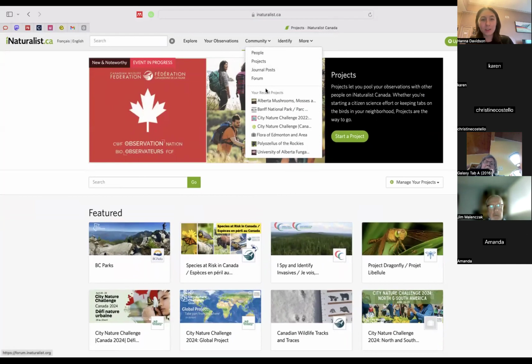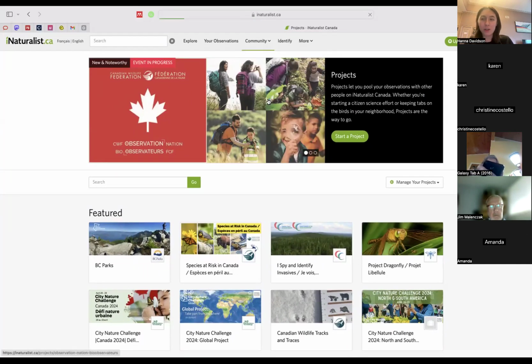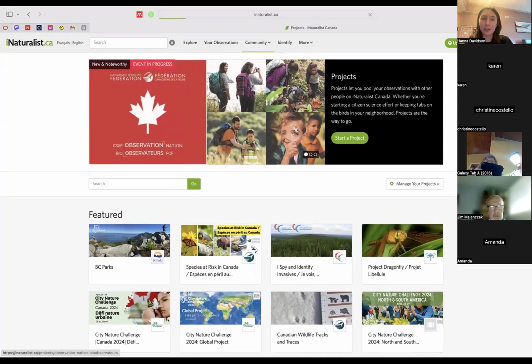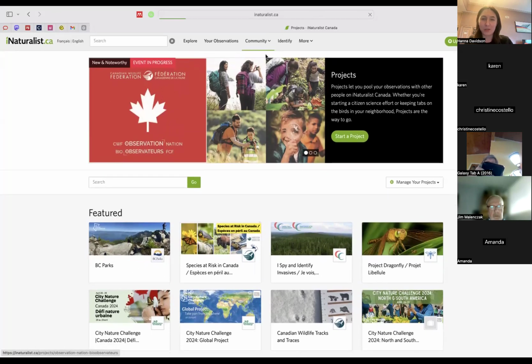Yes, they do. The one that I like is Alberta mushrooms, mosses, lichens, because it's kind of three groups that you wouldn't be able to get in one search because they're phylogenetically quite different. But you get them all in one group in this project, and everything goes in it automatically. So you don't have to manually add it. It's just if it meets those descriptions, if it's in Alberta and it's a mushroom, moss, or lichen, then it pops up.